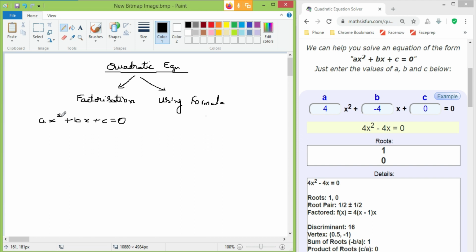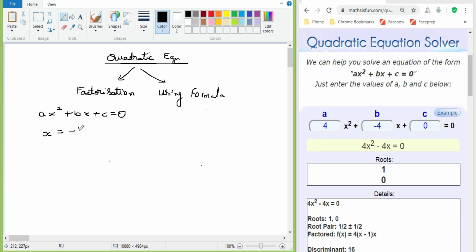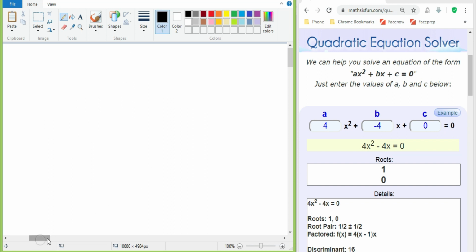Clear? So if I'm talking about using the formula here, the formula will be x is equal to minus b plus or minus root of b square minus 4ac divided by 2a, and it's a very lengthy formula, right? So if you substitute, it may take a long time. So we are going to simplify some of the steps from this formula, as well as some steps from the normal factorization. So we'll look at the first thing, that is with the help of factorization.